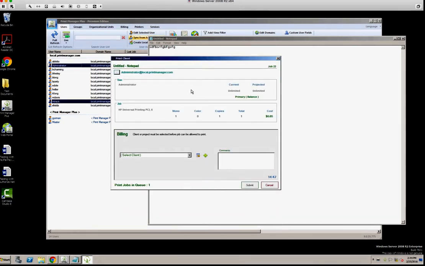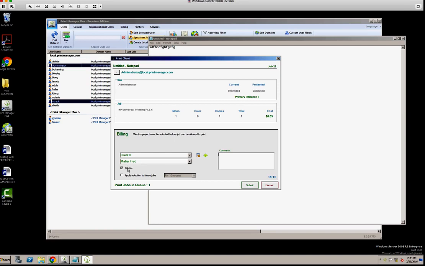And the print client is a very small application. It's a dumb application. It just waits for the server to give it information, and then waits for the user to select what he's going to select so it can bill back. In this case, we have obviously 4 clients. If we select client D, you'll notice the sub-projects will pop up. We only had one in there. So they have a favorites tab, so they can add this to a favorite at some point. Here they can add a client if they'd like to create top level, or they can create a sub project. They can add in their comments here,